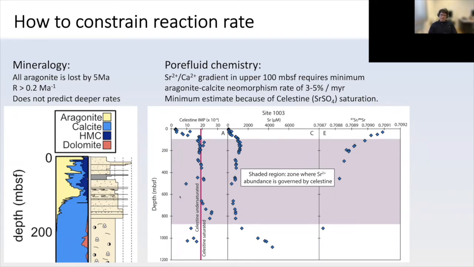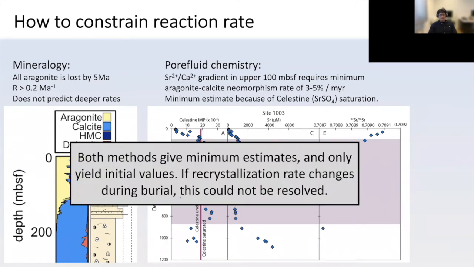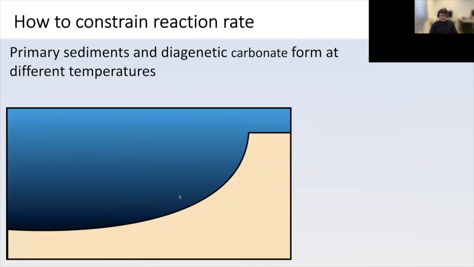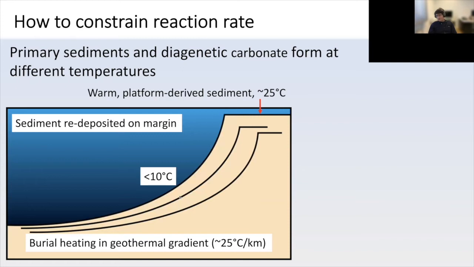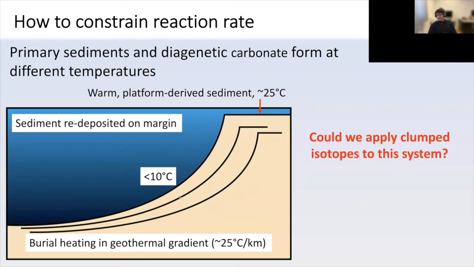So one method which I worked on in my PhD is the clumped isotope proxy. The reason this works is that if we look at this system from the perspective of temperature, you form sediments at warm temperature and recrystallize them at cooler temperatures. So you can apply this method of clumped isotopes to study how fast they're equilibrating to their new burial temperature. So you form your sediments at a fairly warm surface temperature. They're deposited on the margin and then are subsequently buried in the geothermal gradient. And so based on that, you can study the rate at which they're equilibrating to these new temperatures. So to apply this, we want to apply clumped isotopes to study how this system is